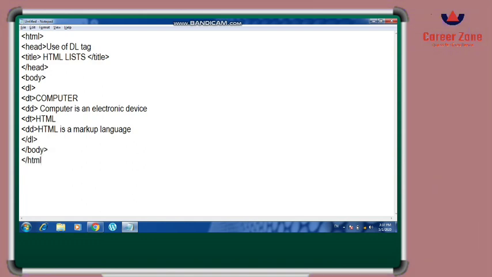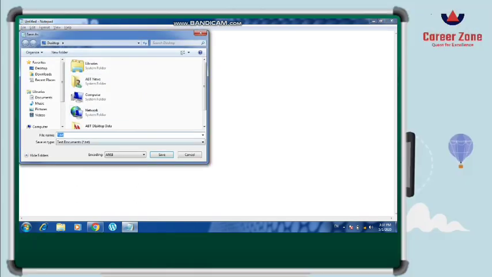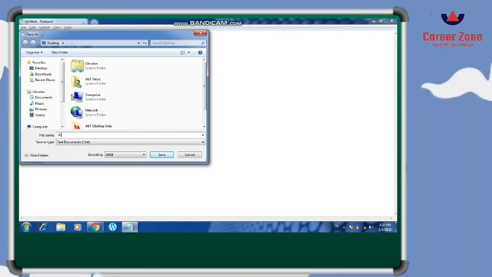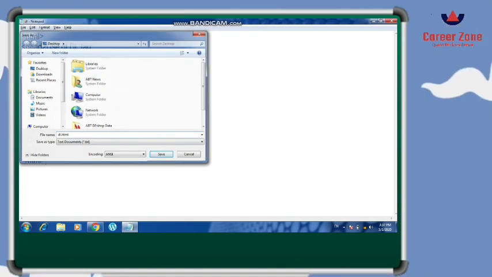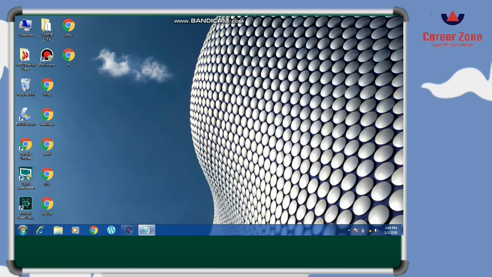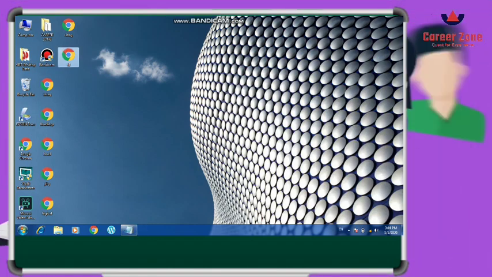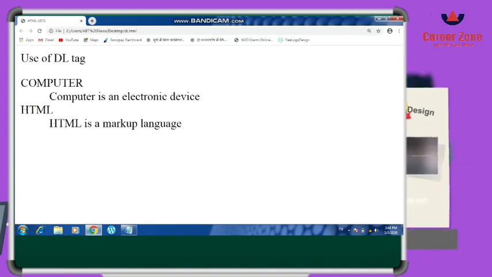Save the file. Let's see how it works. Definition list .html. Save the file. See how it works. Now I'm opening it, the dl.html.